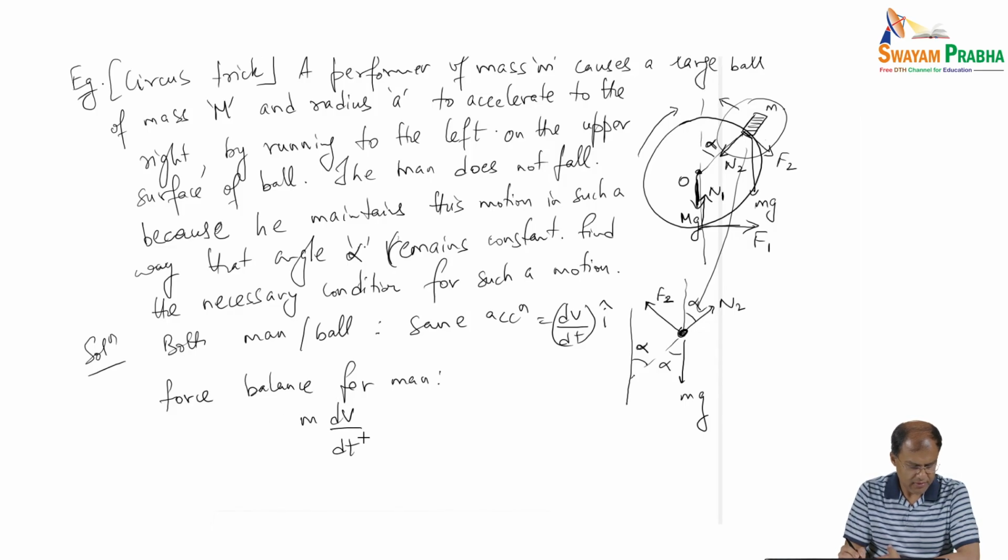We need to have one component along the tangential. So N2 will be, and so this one is N2 sin alpha, and so the force balance along the tangential direction. So this is tangent, right? So m dv/dt is going to be N2 sin alpha minus